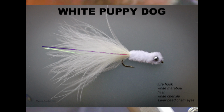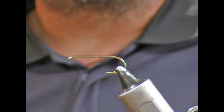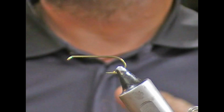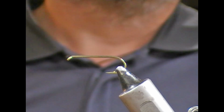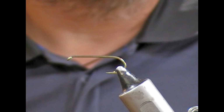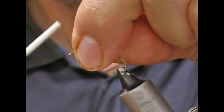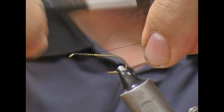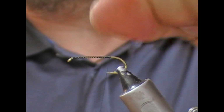Hi guys, welcome back. So tonight we're going to tie another old blast from the past rainbow fly, and this to me was called the white puppy dog. So we used a standard lure type hook. I think back in the day I was probably using Mustads or something like that, but this is an Amazon B830 in a size 8, and I'm going to tie on my black tying thread,